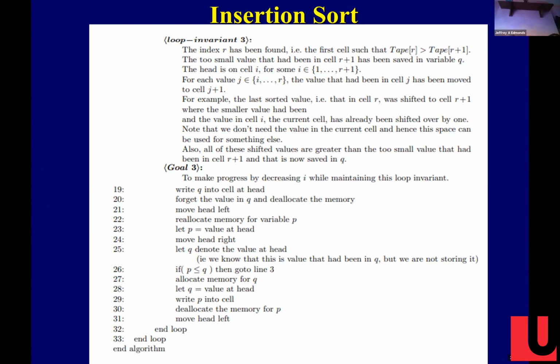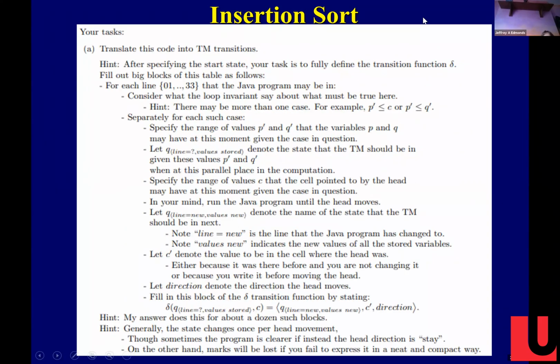So here's another thing, you want to fill out the entire table, right? You want to say for every state and for every character I may be looking at, what is the Turing machine going to do? So go through and run the program like we're talking, and then look at the table and see what entries of the table have I not done, right? And those would all be panics, right? So for each of those,